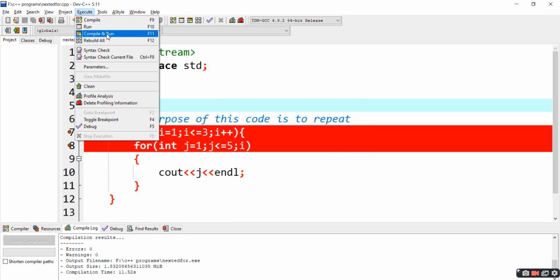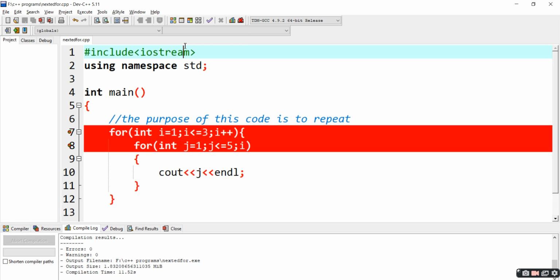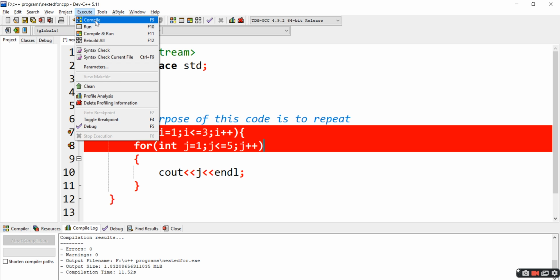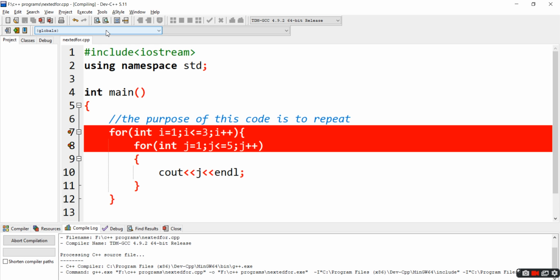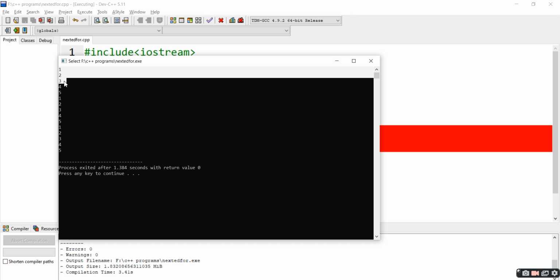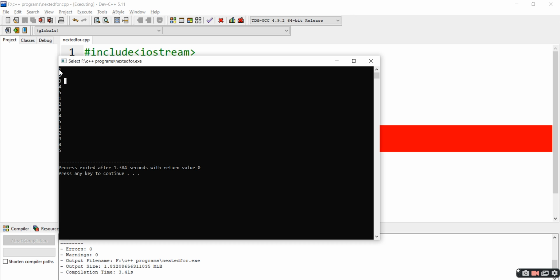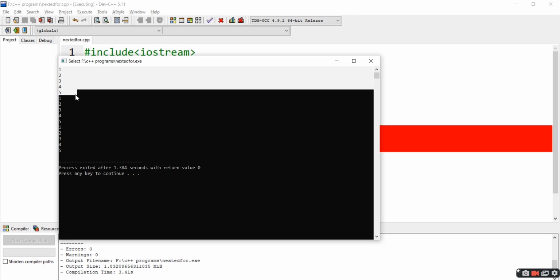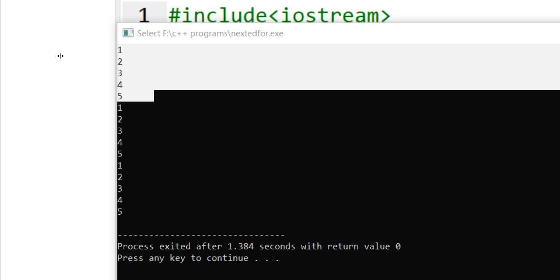Okay, I made a silly mistake here: j plus plus. Okay, so we have the output something like this: 1, 2, 3, 1, 2, 3, 4, 5. Let me just magnify. Endl on the other one.